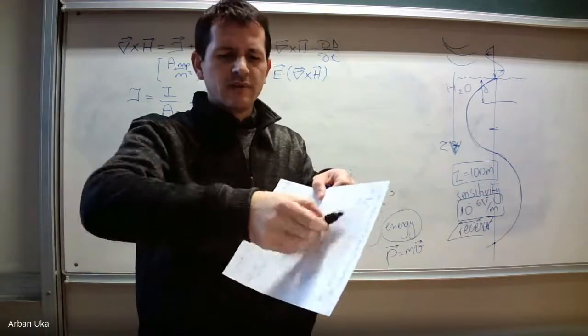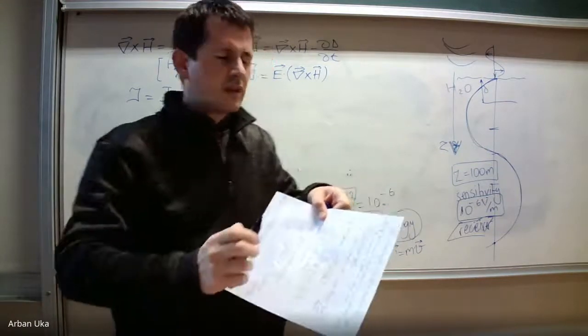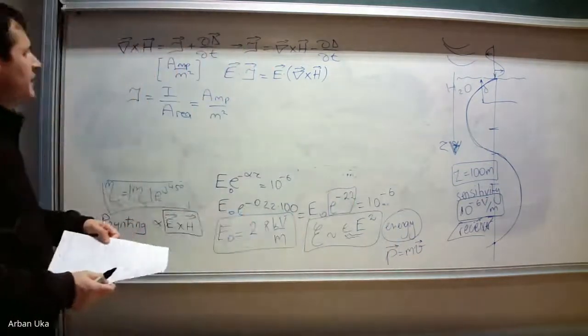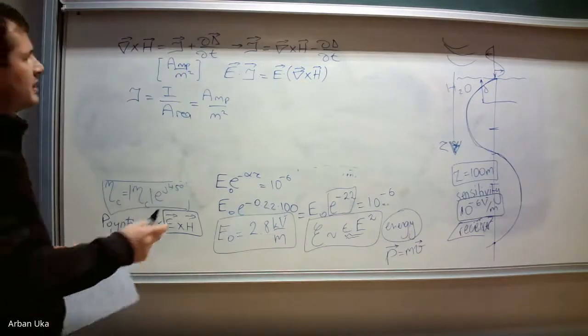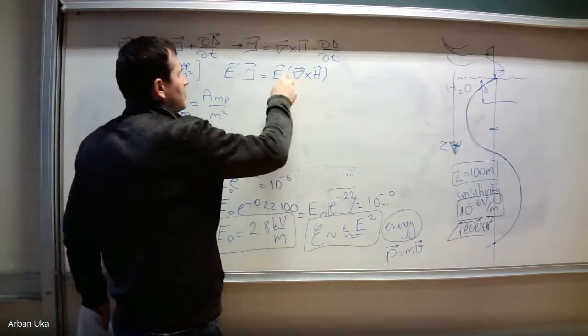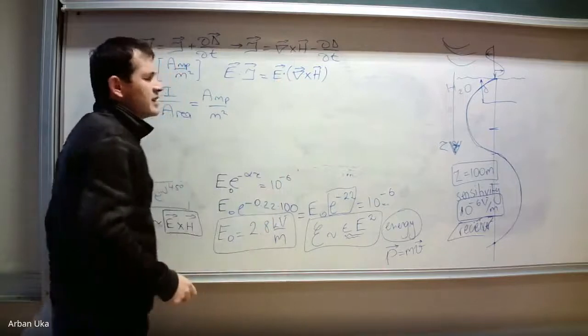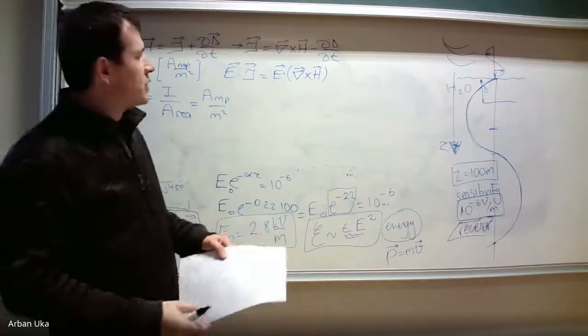So the result is going to be some vector pointing like this. And if there is some vector pointing in this direction, we also know that the electric field should have a